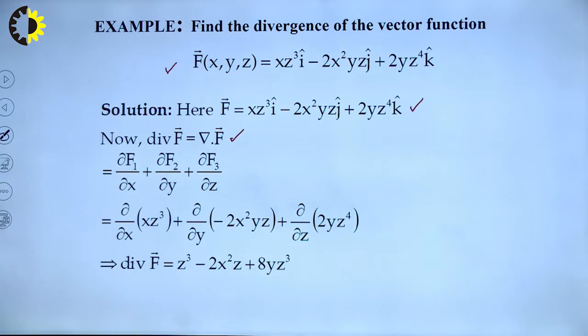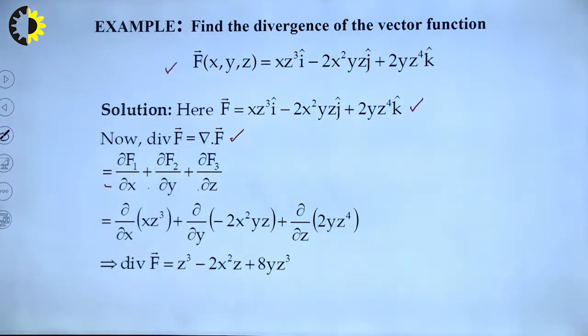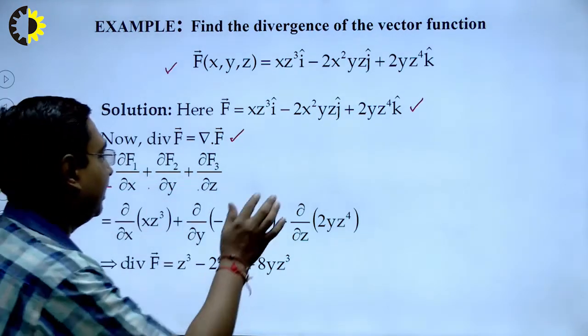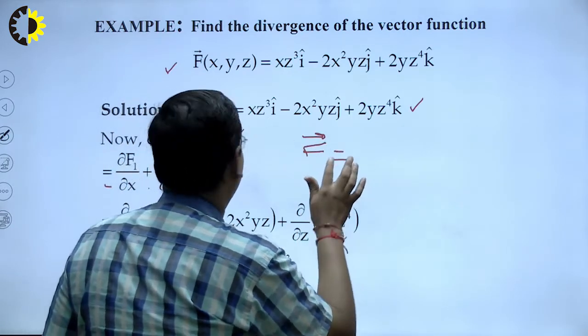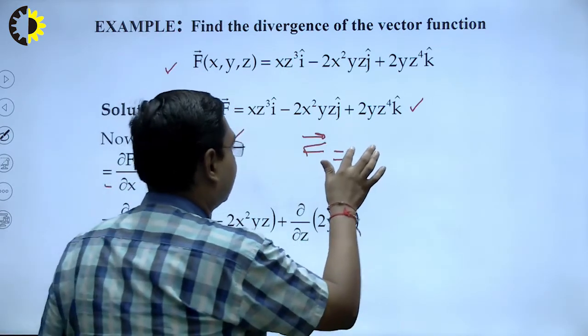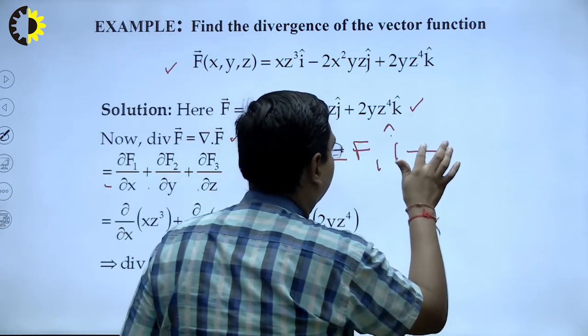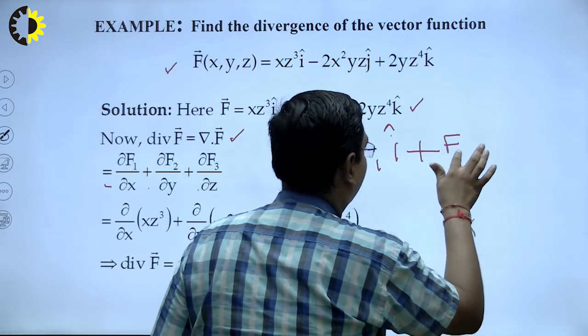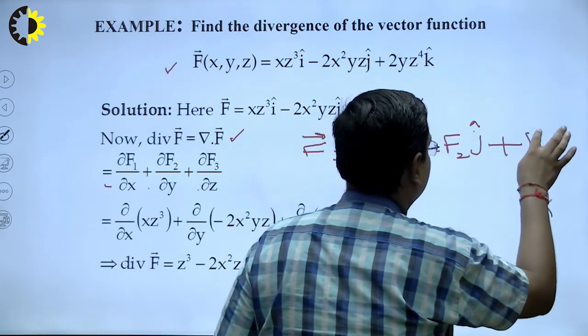Del dot f means del f1 over del x plus del f2 over del y plus del f3 over del z. Here f1, f2 and f3 are components of this vector f, that is, f is being compared with f1 i cap plus f2 j cap plus